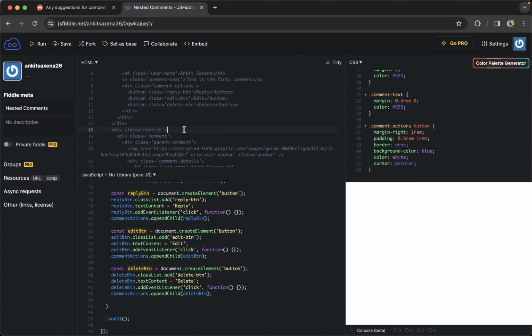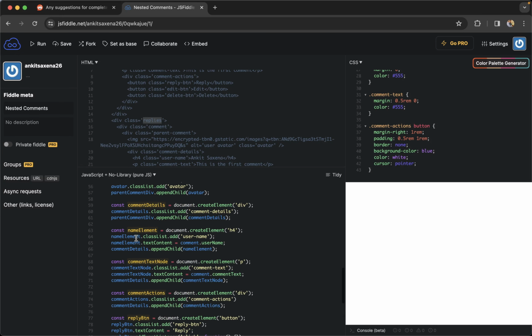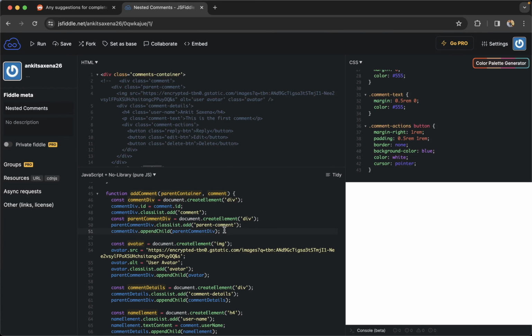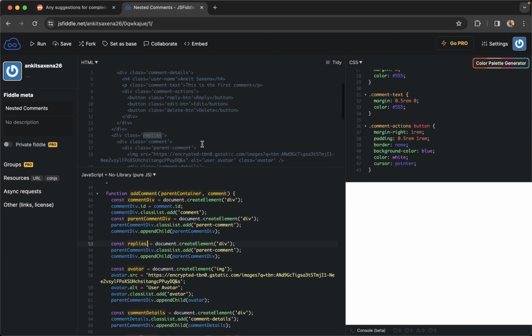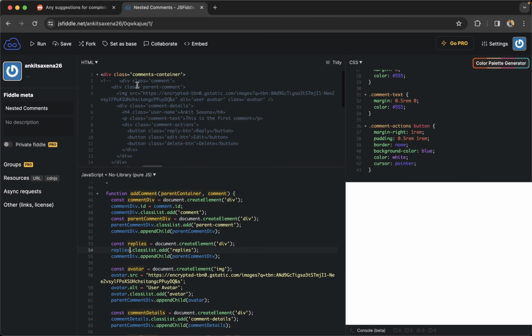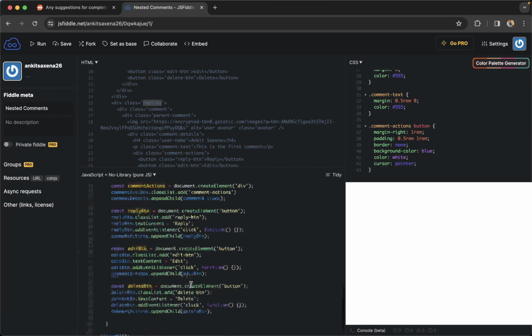Okay, cool. Next what comes is a replies div. So let's add it above here only, where we created this parent div. Here only we'll create the replies div as well. So let's name it replies. It will be a div, and the class name for this will be replies. Okay, and replies.classList.add replies, and it will be inside this comment div only. So commentDiv.appendChild(replies). Now let's